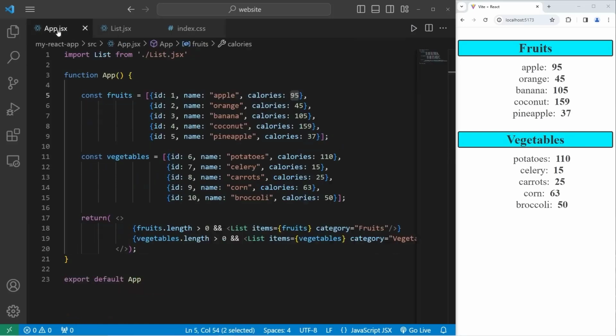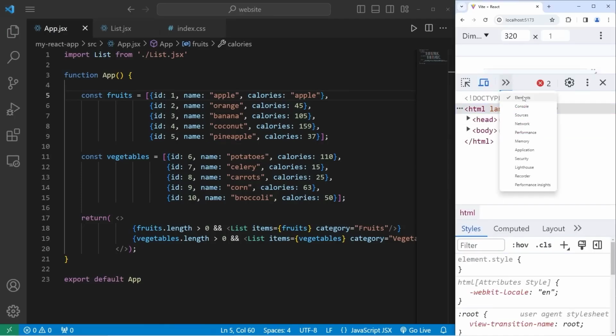Let's head back to our app component. Our prop types should raise a warning if some of our data is of the wrong data type. For example, let's say that calories is now the string apple. Maybe somebody mistyped it twice. You can see that right here, it changed. Let's go to inspect, console,